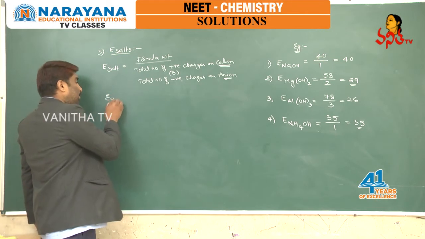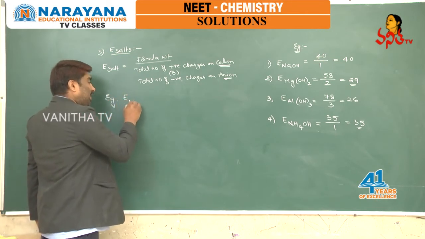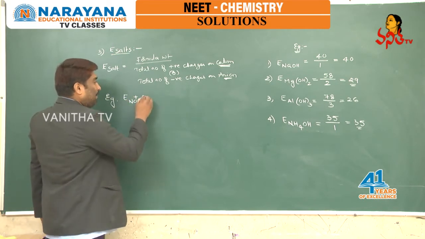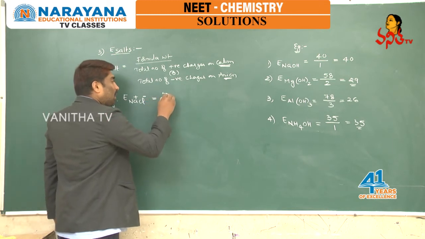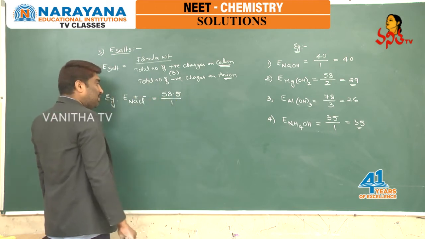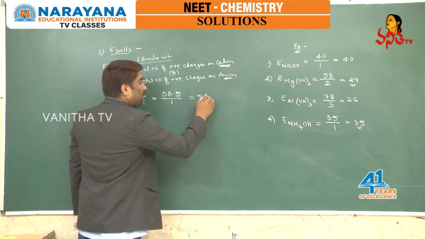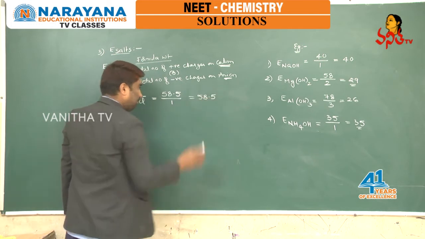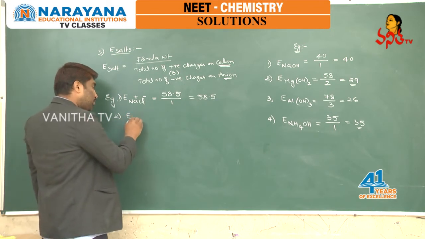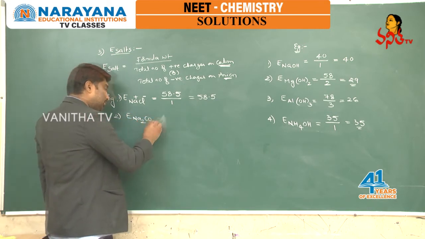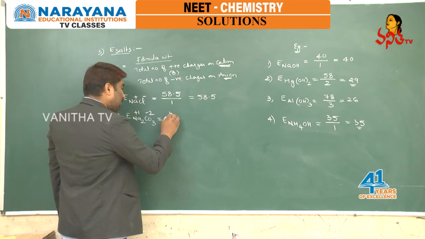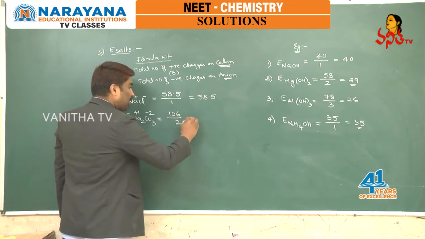So, if you take some examples, equivalent weight of NaCl, let us take an example. Sodium is having plus 1 charge, chlorine is having minus 1 charge. Sodium chloride molecular weight is 58.5. By what is the total positive charge or negative charge? 1. Therefore, equivalent weight of sodium chloride is 58.5. This is example 1. Example 2, equivalent weight of sodium carbonate, Na2CO3. Here sodium is having plus 1 charge, carbonate is having minus 2 charge. Equivalent weight is equal to 106 by 2, that is 53.